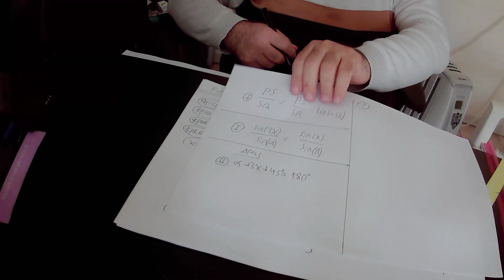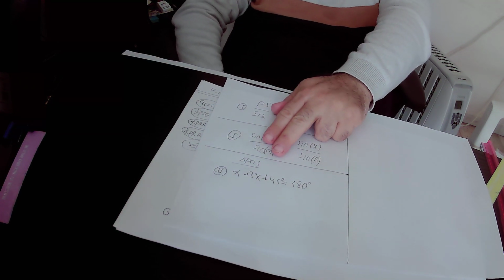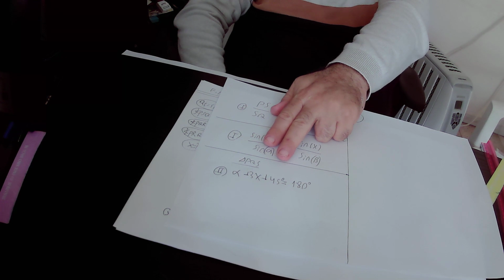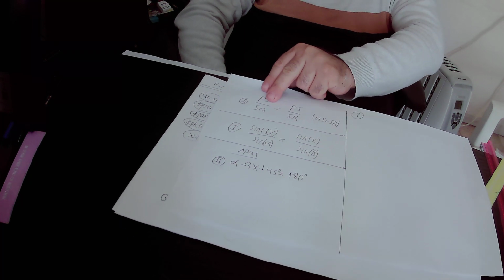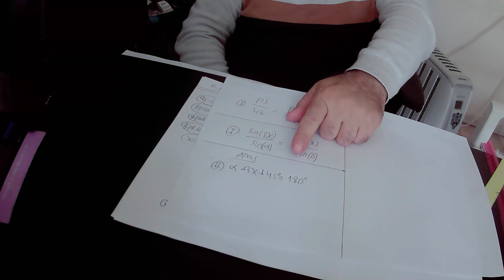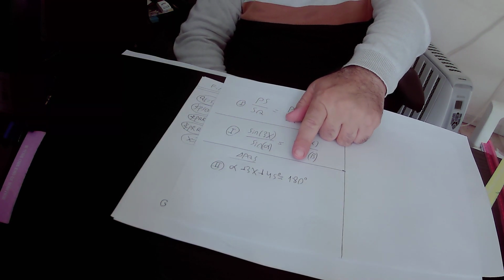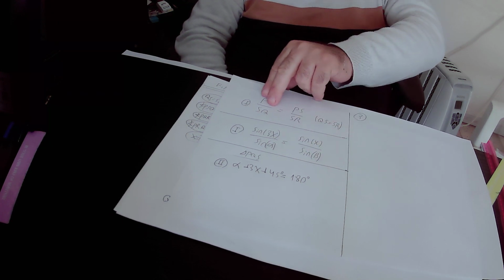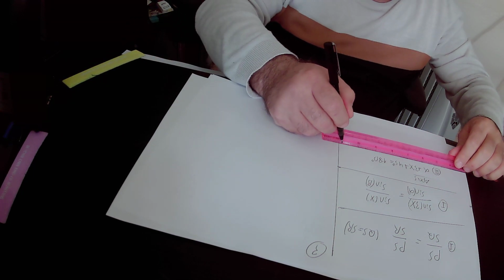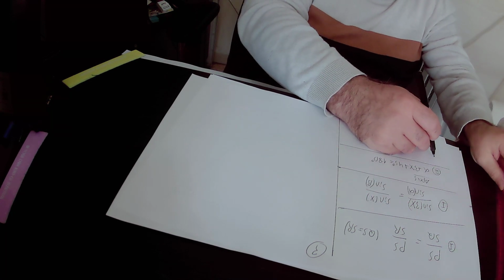I will repeat again. In triangle PQS, according to the rule that the sum of the angles in any triangle is equal to 180 degrees, we will get that alpha plus 3x plus 45 degrees equals 180 degrees. Here we will subtract 3x and also 45 degrees from this equation, equation number 2, and we will get that, according to equation number 2,